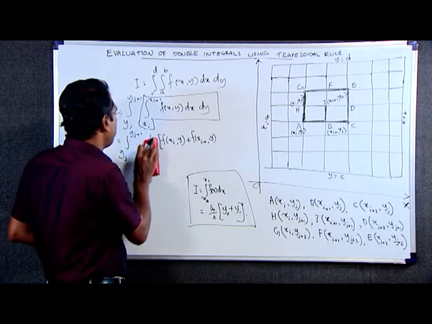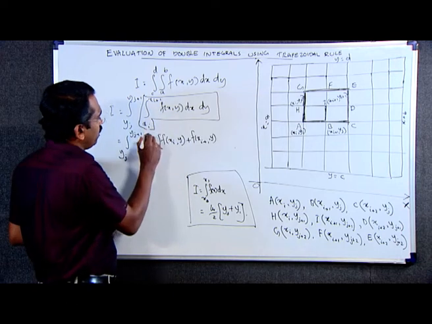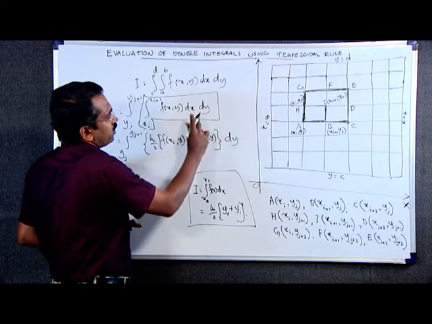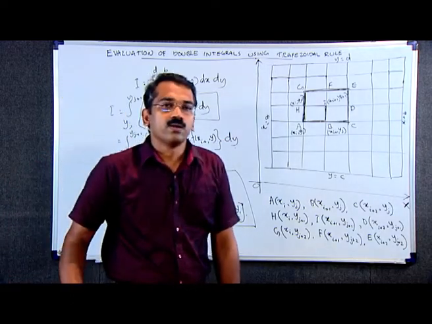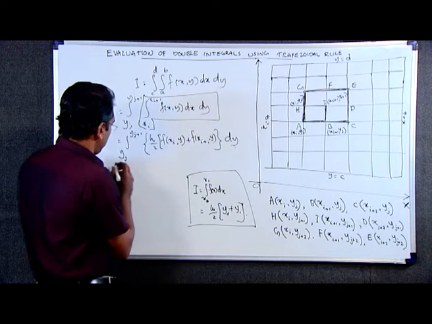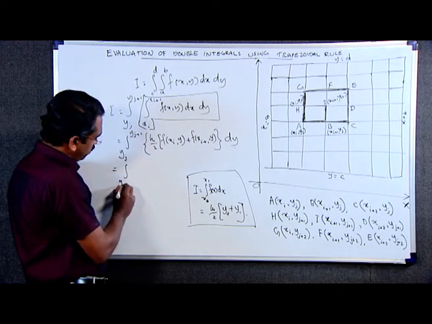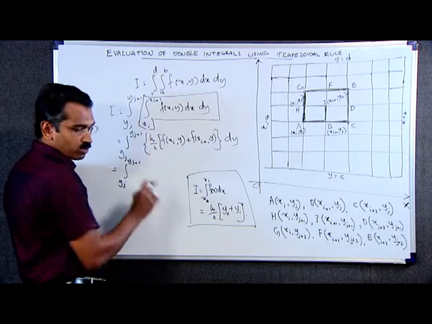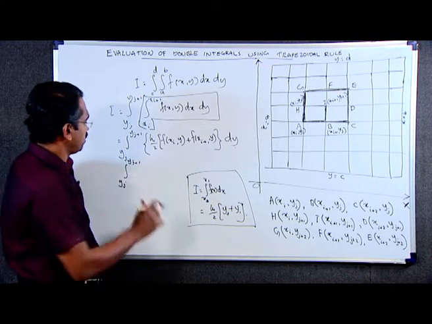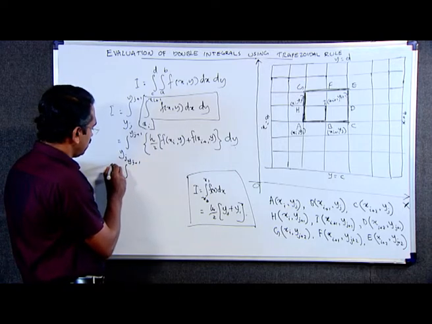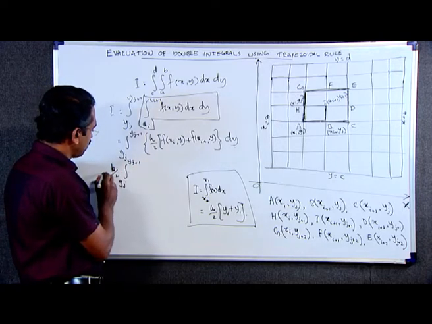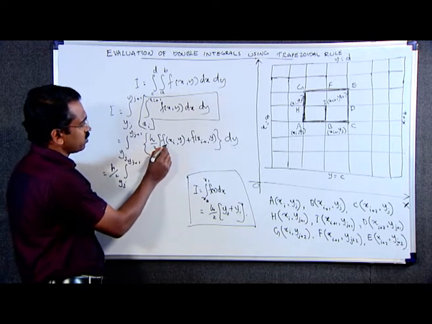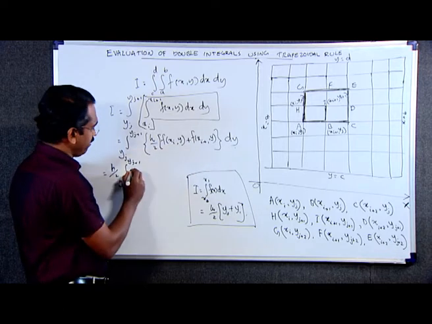This is the value of this inner integral by using the trapezoidal rule into dy. This is equal to the integral from yj to yj plus 1. This h by 2 can be taken outside of this integral because h by 2 is a constant. Therefore, this can be taken outside. This is equal to h by 2 into the integral from yj to yj plus 1 of f of xi, y dy